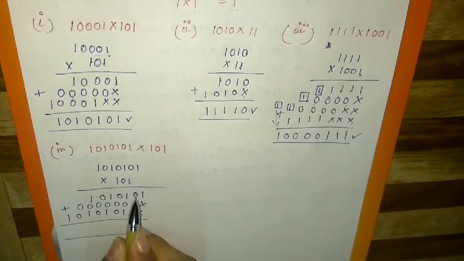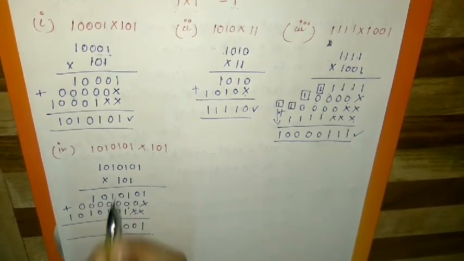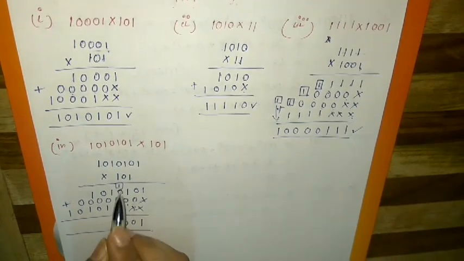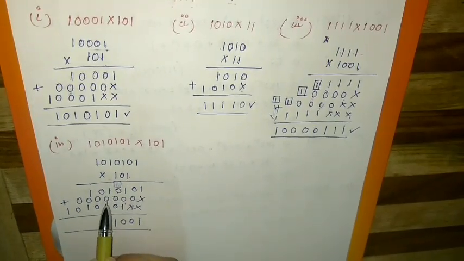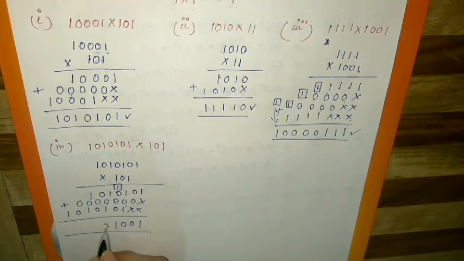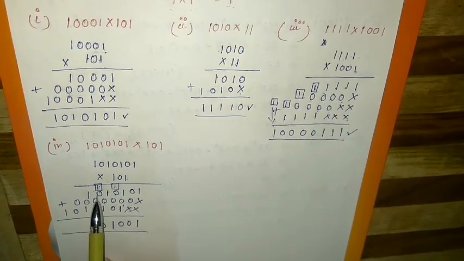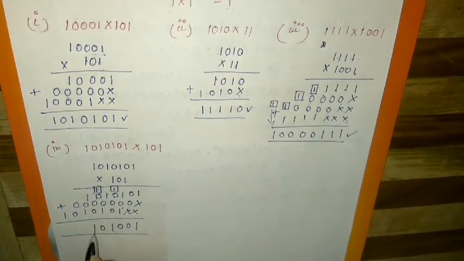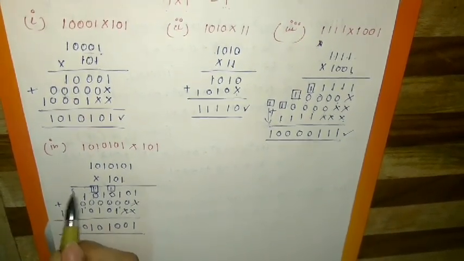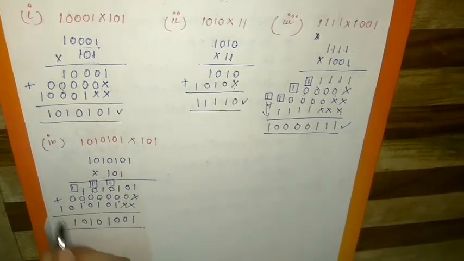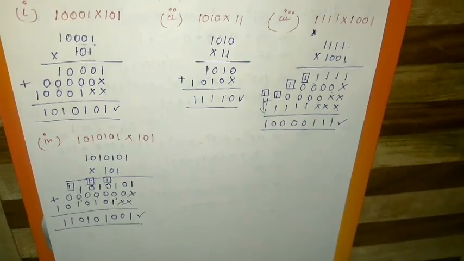Over here, 1, 0 plus 0 is 0, 1 plus 0 is 1, 1 plus 1 is 0, again with a carry 1, 1 plus 0 is 1, 1 plus 0 is 1, 1 plus 0 is 1. 1 plus 0 is 1 and 1 plus 1 is 0 with a carry 1. Okay, 1 plus 0 is 1. Over here 1 plus 0 is 1, 1 plus 0 is 1. 1 plus 0 is 1 and 1 plus 1 is 0 with a carry 1. Again over here also you will be getting 1 and over here also 1. So this is the solution for your fourth part.